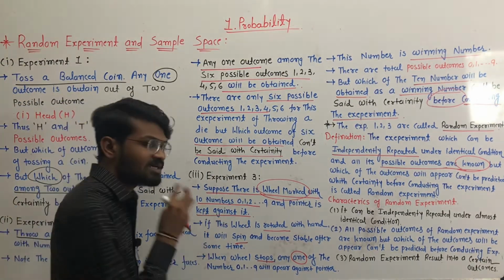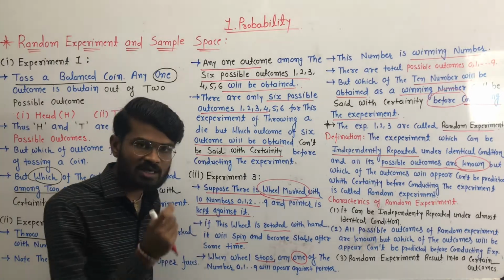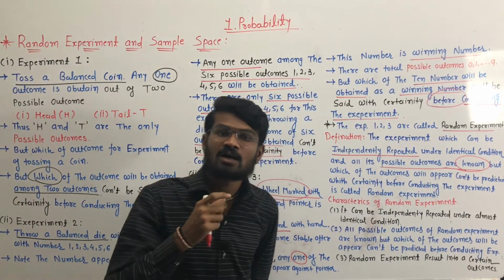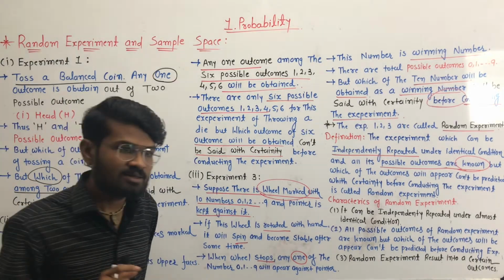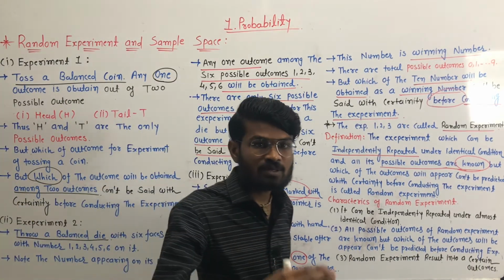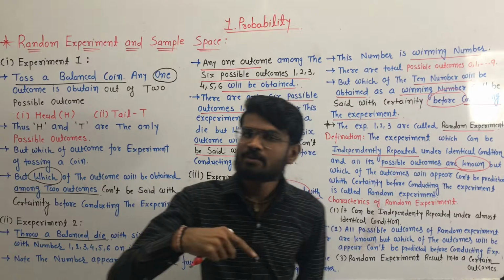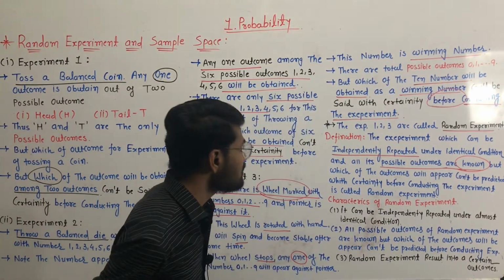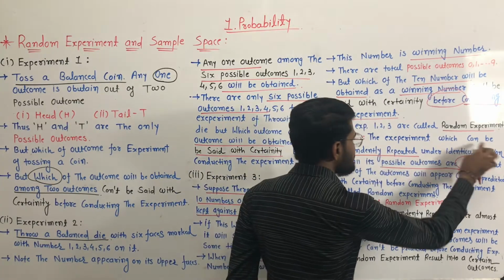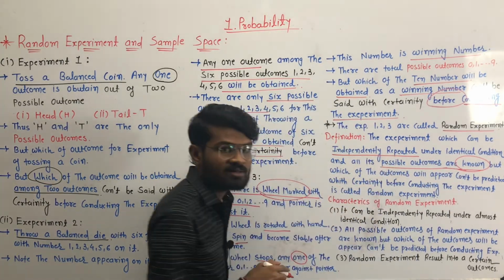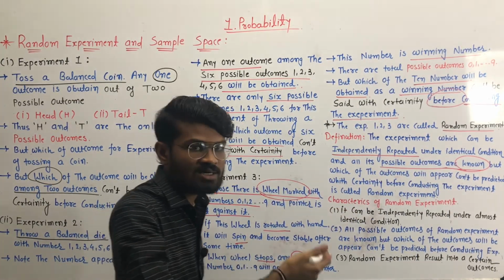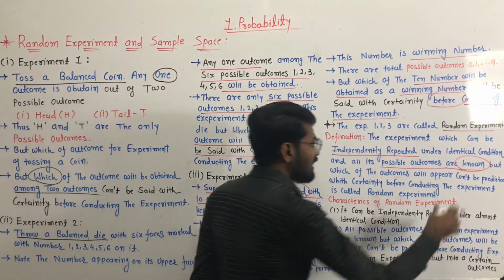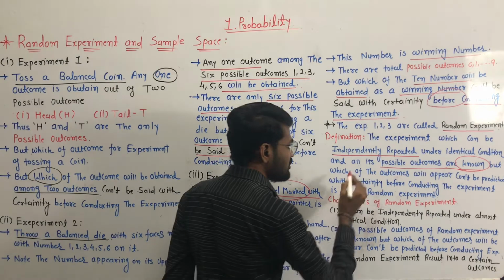देन देयर इज अ 10 पॉसिबल आउटकम्स 0 to 9। यस, फ्रॉम 0 to 9 कौन सा आउटकम आएगा वो हमको पहले से पता नहीं है। यस, लेकिन एक्सपेरिमेंट होने के बाद हमको पता चलेगा कि ये आउटकम आया हुआ है। क्लियर। सो द एक्सपेरिमेंट विच कैन बी इंडिपेंडेंटली रिपीटेड। यस, हमारा जो दूसरा रिजल्ट है वो पहले पे डिपेंड नहीं है। क्लियर। अंडर आइडेंटिकल कंडीशन